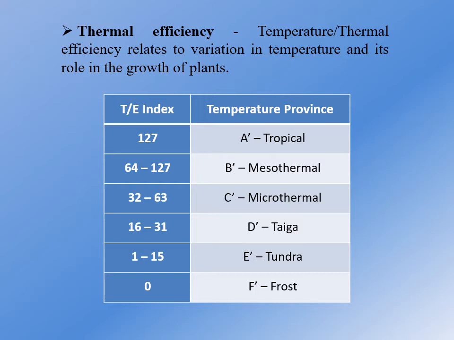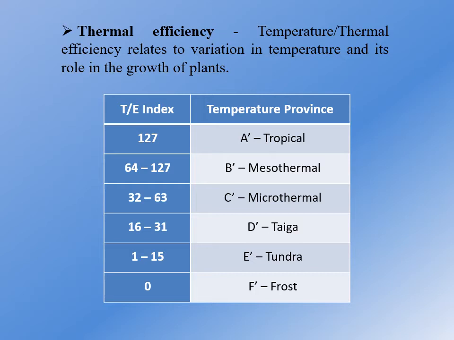So depending on these temperature efficiency values, which is also taken as an annual value and indicated as T by E index, it has different numerical values, and depending on that Thornthwaite found six different temperature provinces, and they are